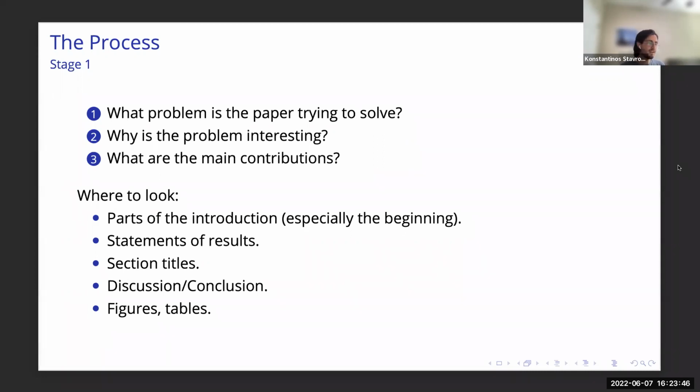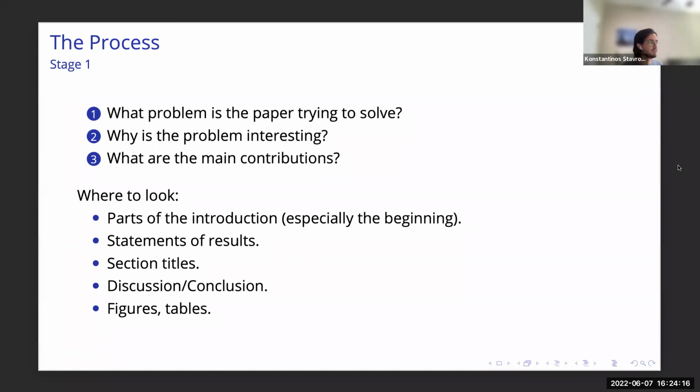So it's more consistent with a reader that is experienced in the area. So it's addressed to them. But yeah, sometimes reading the abstract is fine. But maybe it's preferable to read the first two